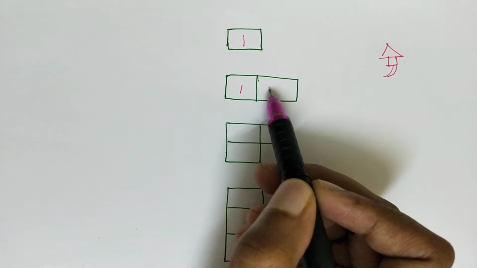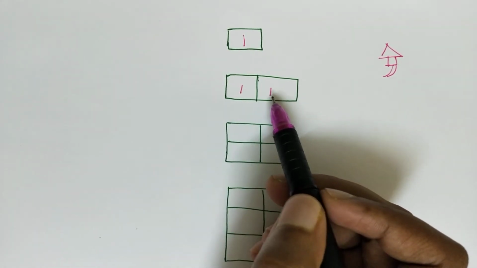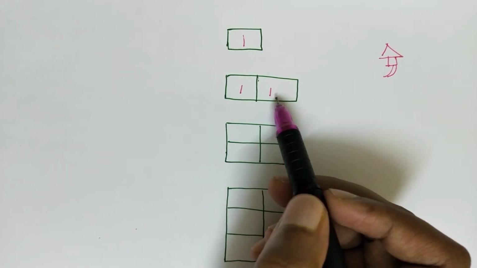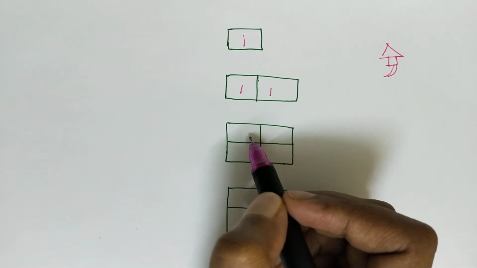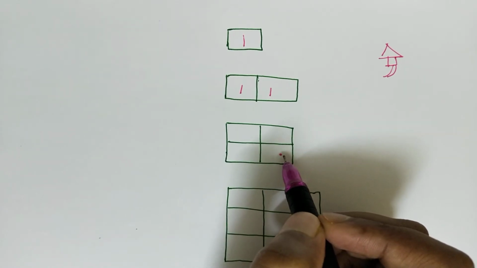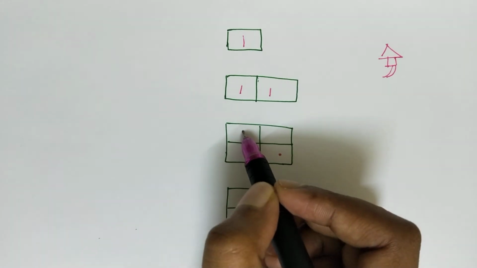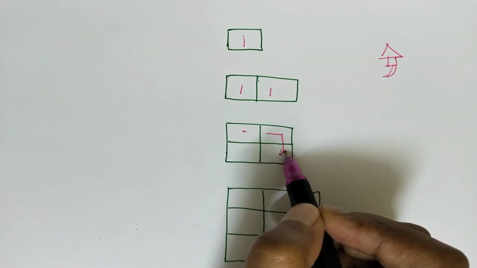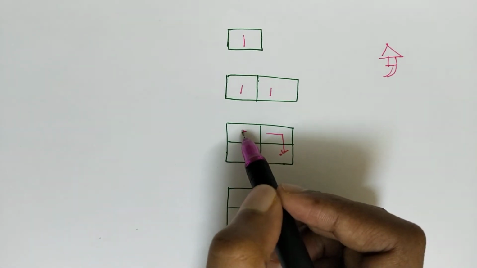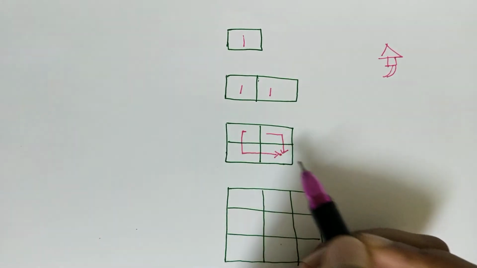And now if the size of the grid is 2, she can only travel right, so there is only one way in which she can reach this grid. Now assume that the size of the grid is 4. In how many ways can she reach this place? There are 2 ways. She can either come here and come down, or she can start here, come down and travel to the right and reach this grid.